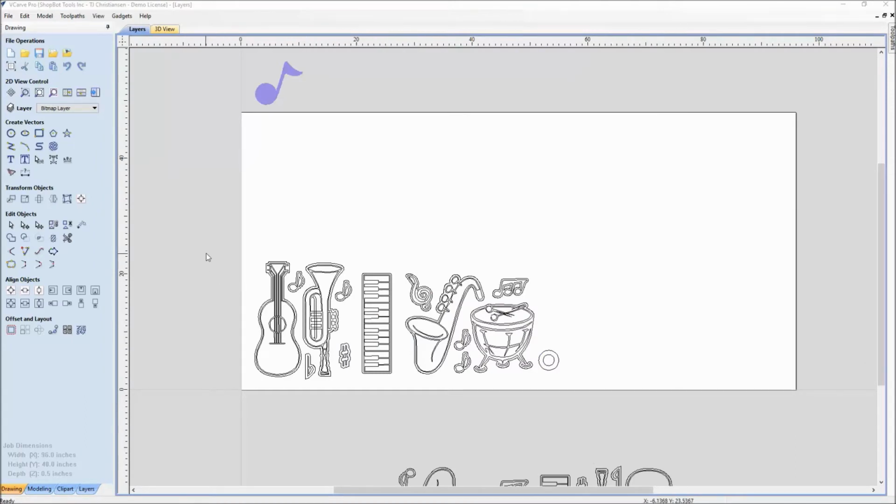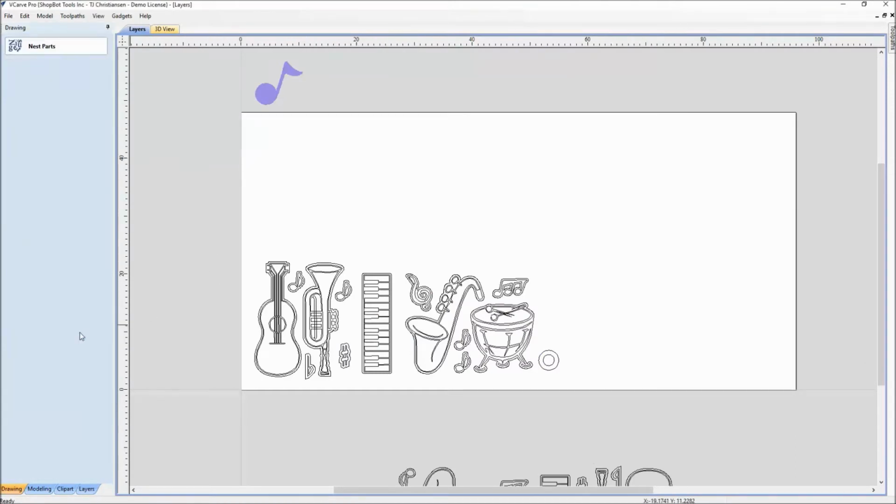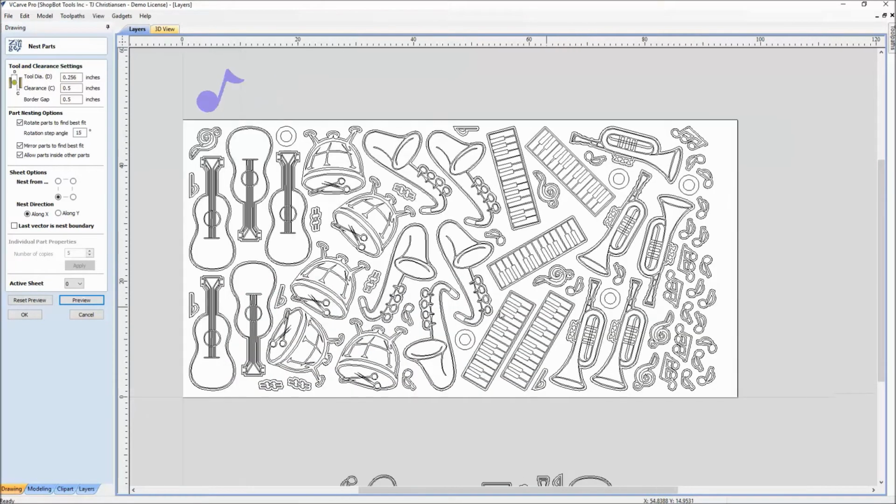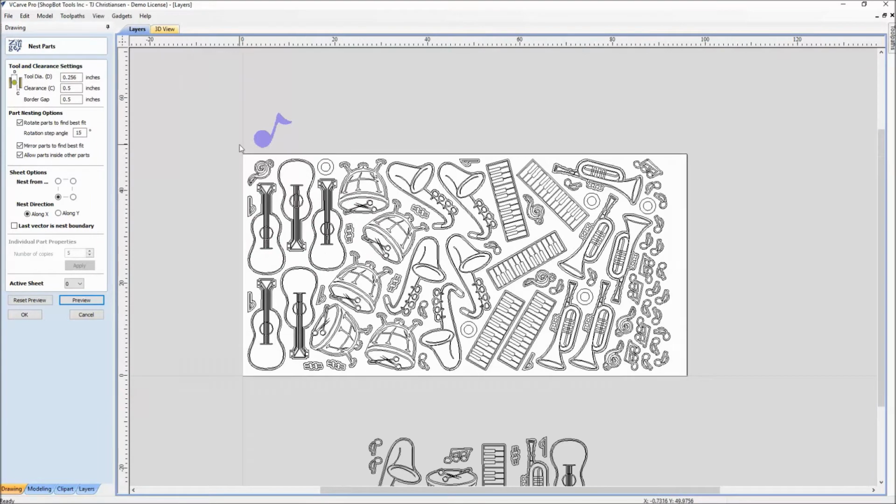So we've put everything onto its layers. We'll come back here to the nesting function, select everything. I'd like to do 5 sets of these, apply 5 sets. You go ahead and change in your tool diameter. Again, you could watch the tutorial on how to nest parts. I preview this, and since we've already put all of our vectors on the layers that we want, once this nests it out now into 5 sets, I can select it all, and what I want to do now is